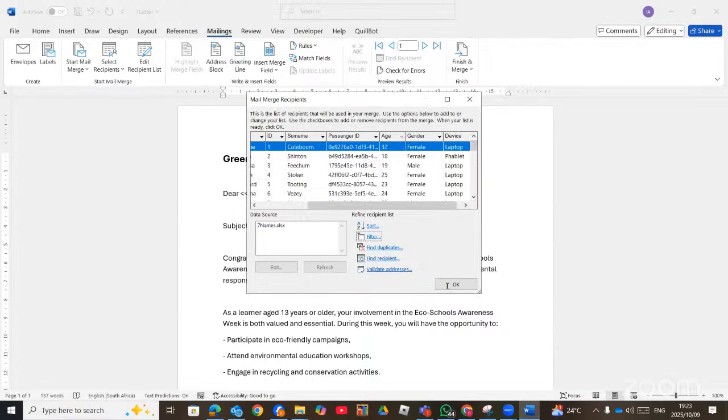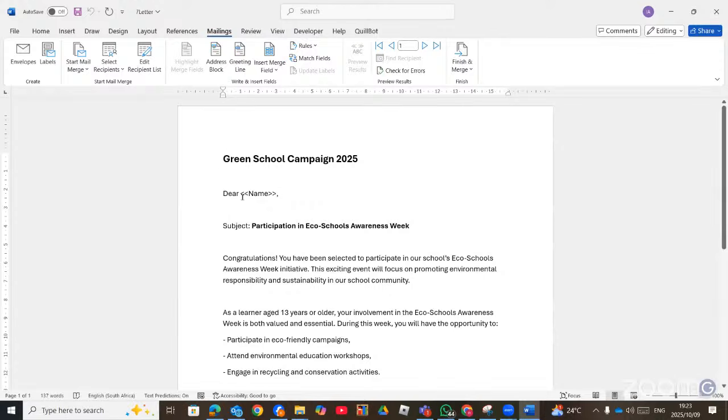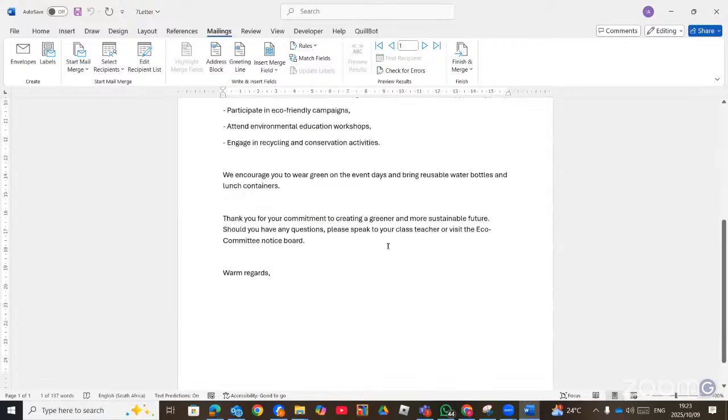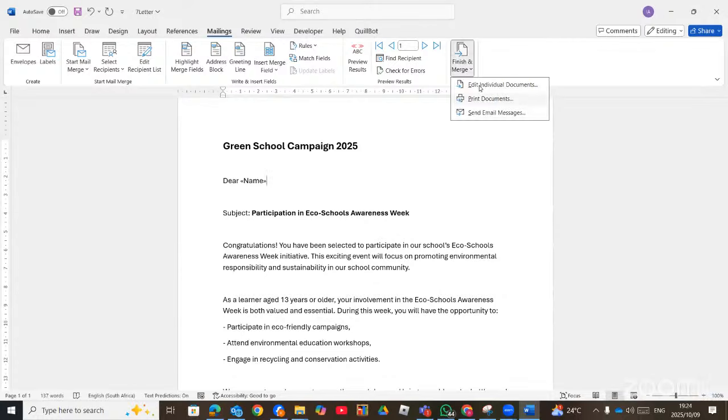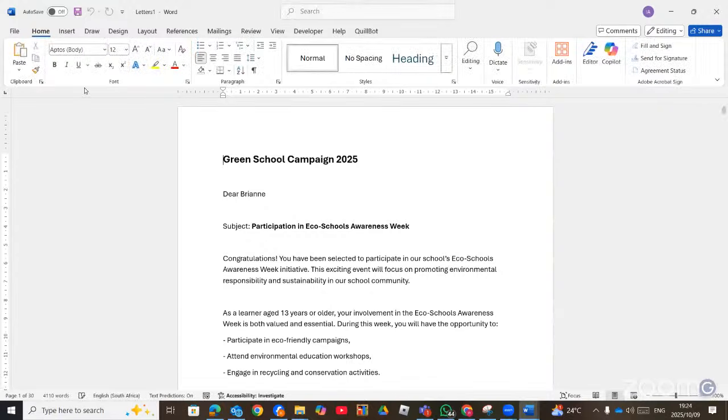And then OK. Now, after that, all that you see here, whenever you see less than, greater than, those are the fields that needs to be replaced. So here is only one. You select, then you go to insert merge field, then you choose name. When you are done here, you must save your work first. After inserting the merge field, you click on save, then you go to finish and merge, and you choose edit individual list, and OK. Now this new one, you must save it because the question says